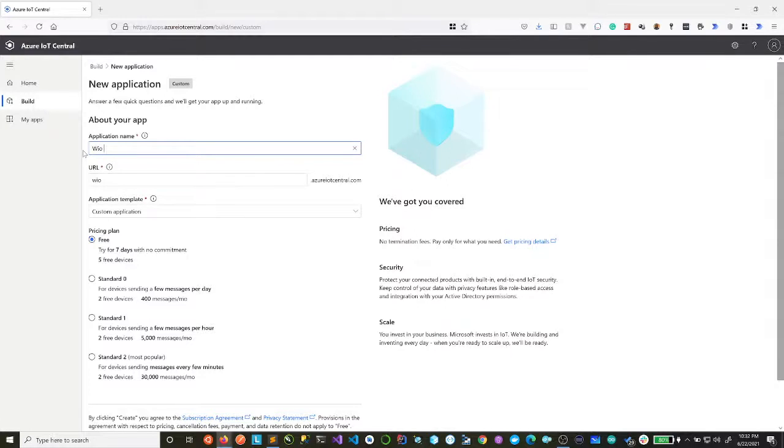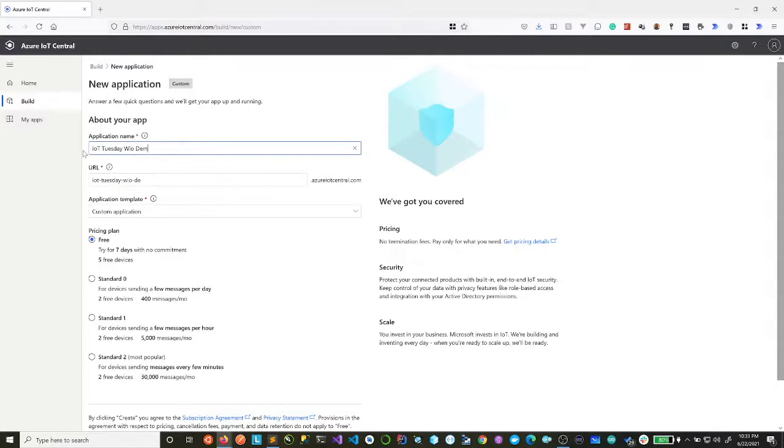Does anyone have a sample application name we can use, just to make it interactive? I don't want it to be just me. Also being mindful of time. Okay, don't worry, let's do IoT Tuesday